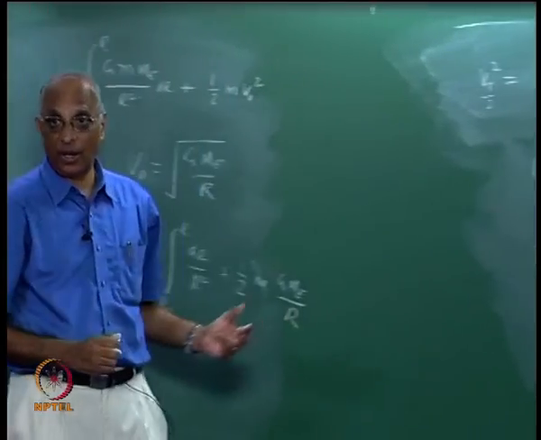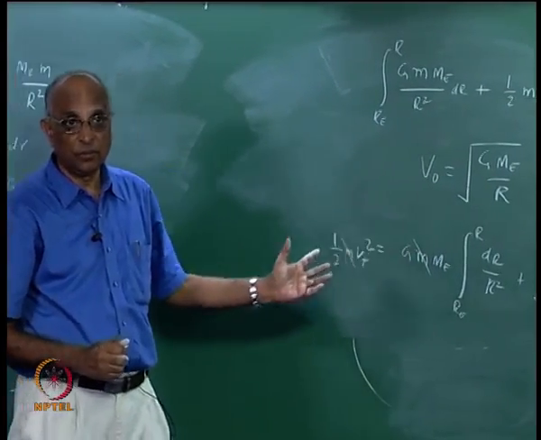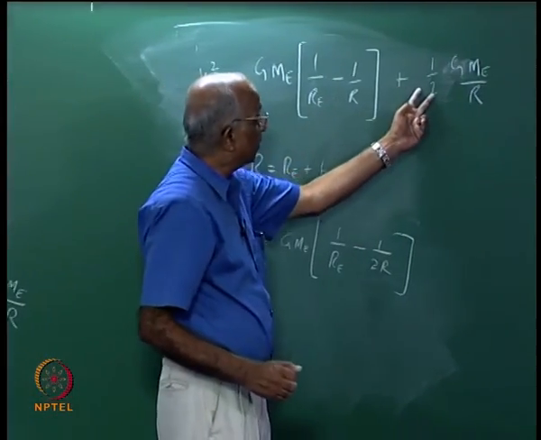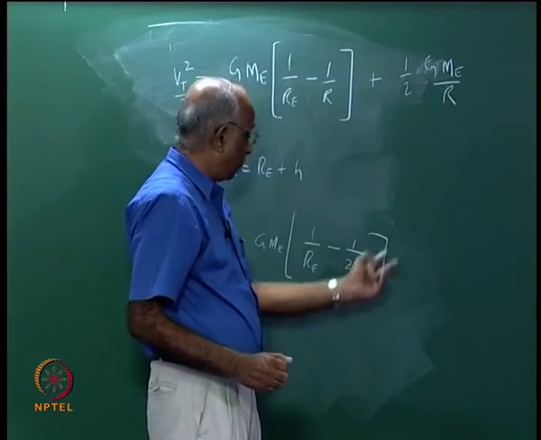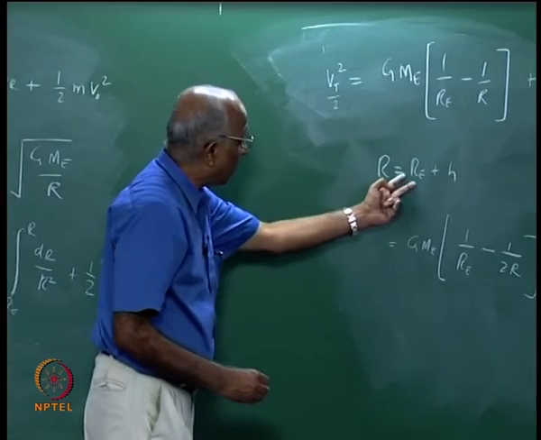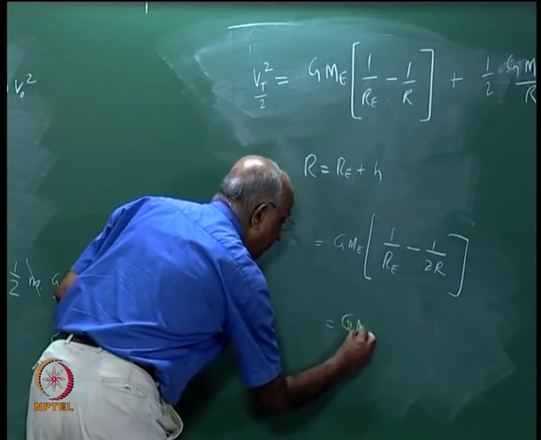Please check, I may be making a mistake, please check if it is all right. All we said is minus 1 over r plus 1 over 2r, therefore minus 1 over 2r is here, and r is equal to Re plus h,